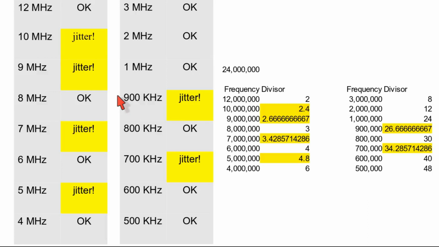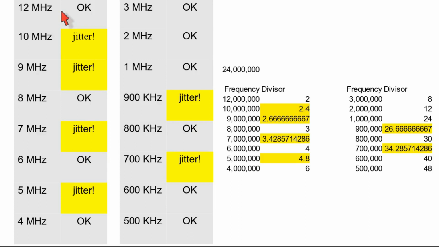This is the summary of the test you just saw, which by the way is fully reproducible. You can run this again and again with the same results. 16 different frequencies, of which 10 are clean and 6 have jitter. I included a 12 MHz case just to show that it isn't the high frequencies above 8 MHz or so